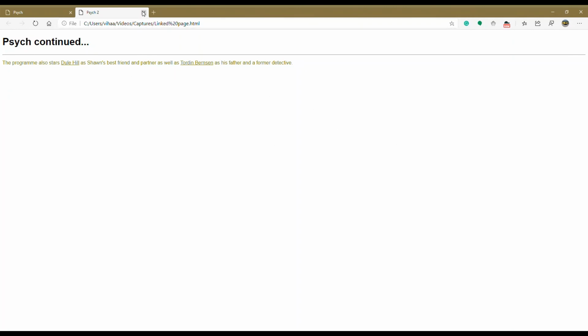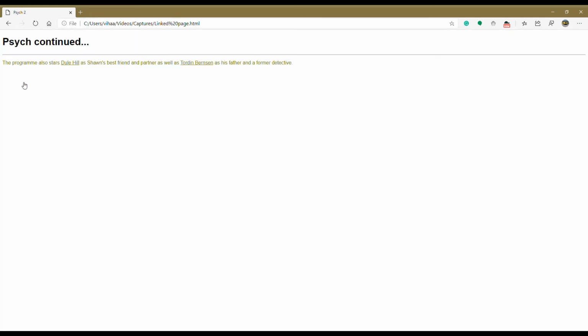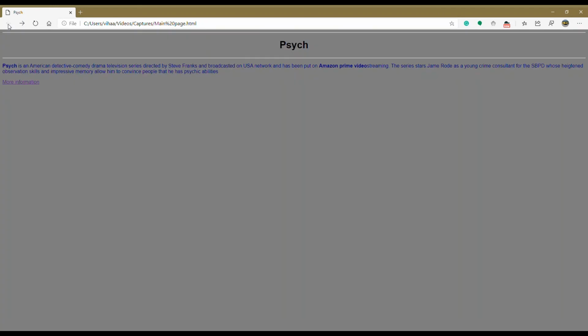So now let me close this page, and now here is the more information tag which we used. Now let me click and see we are back, we are up to the second page, and as I have closed the other tab, it's in the same tab, and if you click back, it still goes back to the first page.